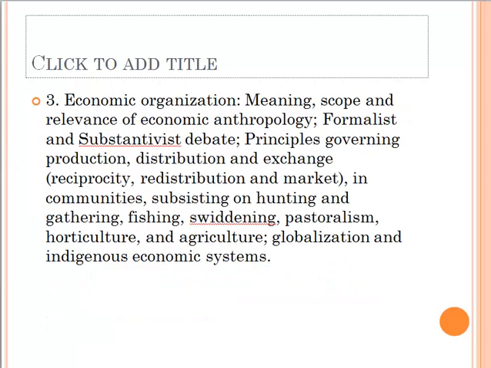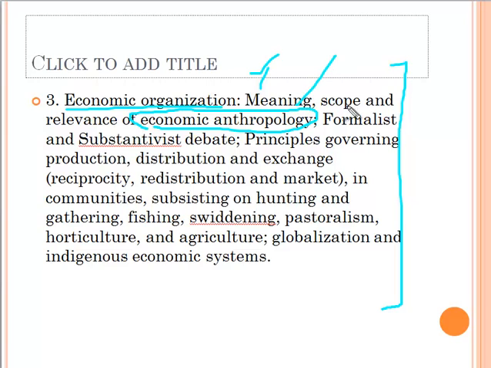chapter 3. So chapter 3 is economic organization, meaning, scope and relevance of economic anthropology. So in this particular chapter we will learn what are the different forms of economic organization, how people engage in different economic activities, and how they derive their sustenance, how the society cooperates and makes sure that the survival of the whole society is ensured. So all that will come under economic organization. So here also you will have to learn economic anthropology and how it is different from normal economics. And then formalist and